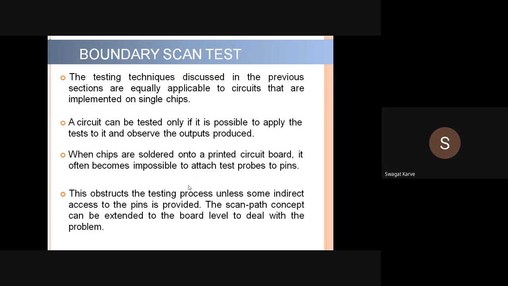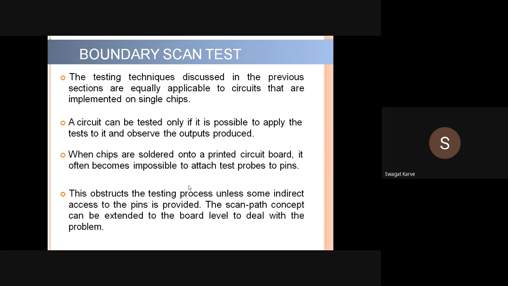And the last type that we will discuss is boundary scan test. Now, what is boundary scan test? What is basically the idea behind this boundary scan? This boundary scan test actually evolved for the purpose of testing complex circuits, because nowadays, as all of you are aware, the density and complexity of digital circuits are increasing. To test such a complex and dense circuit, this boundary scan test is very useful.